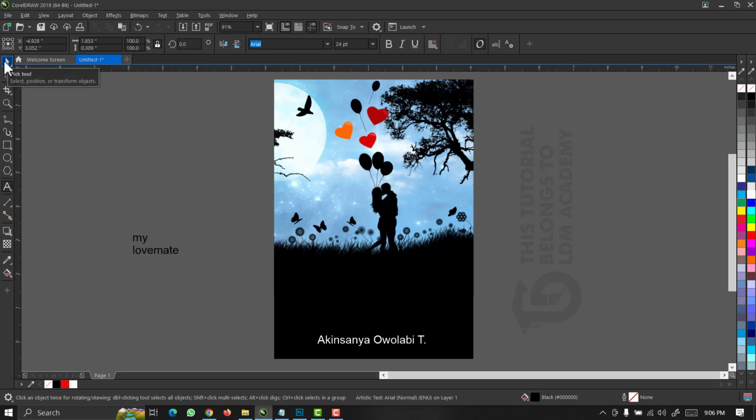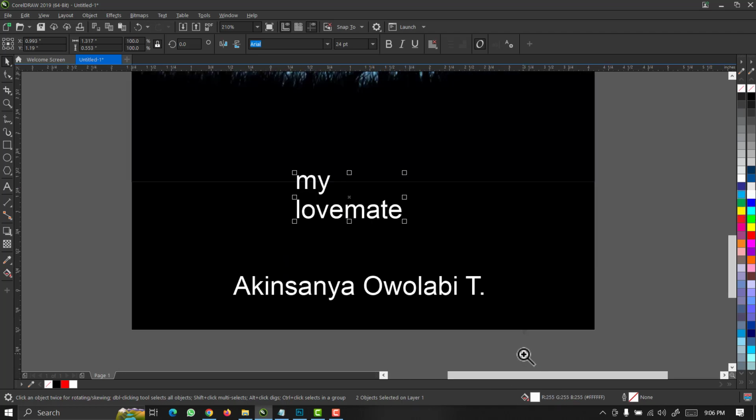Then I'll press the Ctrl key on my keyboard again in order to ungroup the text. All right, then let me change the color to white. Awesome. All right, then what else? So this now,